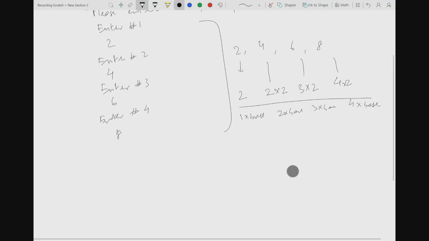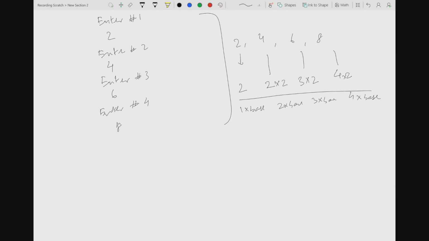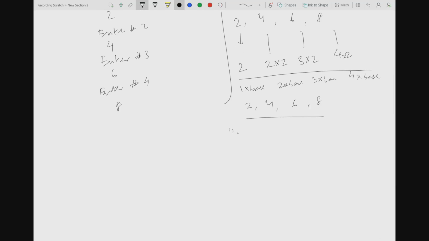The challenge is that you have to only read till where the sequence actually makes sense. For example, the person first entered 2, which is the base number. Then they entered 4, which is of course twice the base, so that's fine. Then you have 6, which is thrice the base, so that's fine. And then 8 is 4 times the base, so that's fine. If something like this got entered, you have to print a statement like, woohoo, got a sequence, and you have to exit the loop at this point